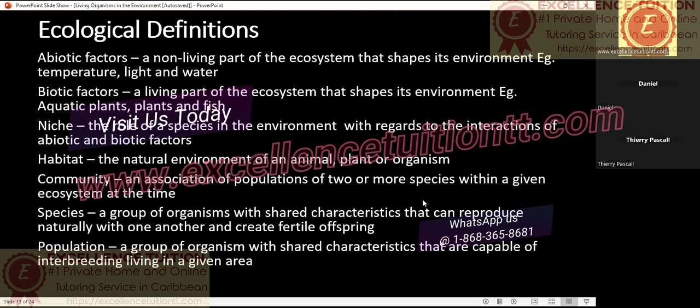A population is a group of organisms with shared characteristics capable of interbreeding in a given area. So similar, a population is a large